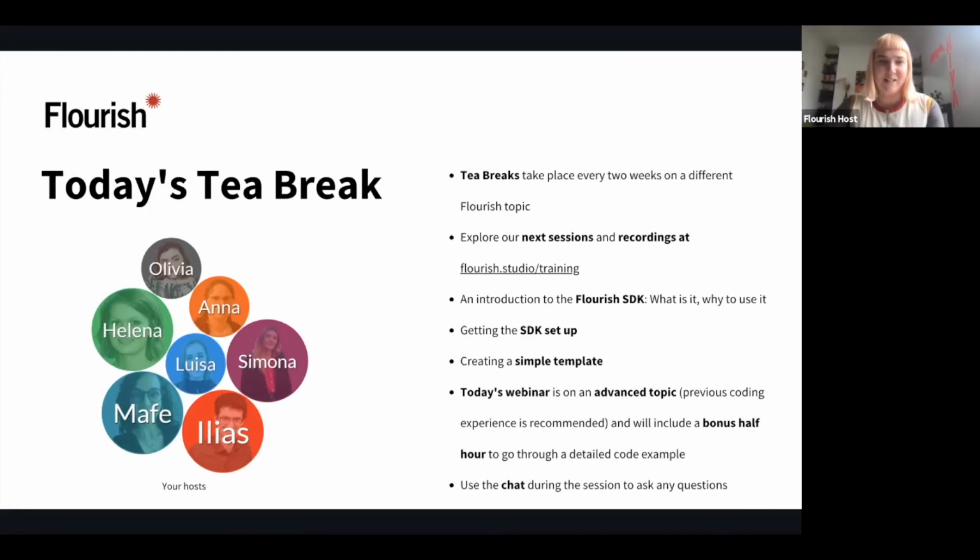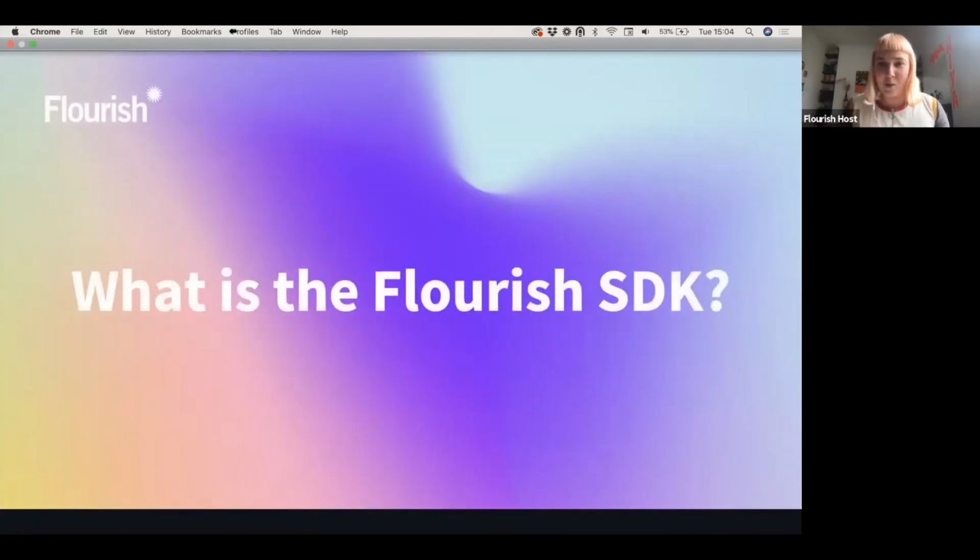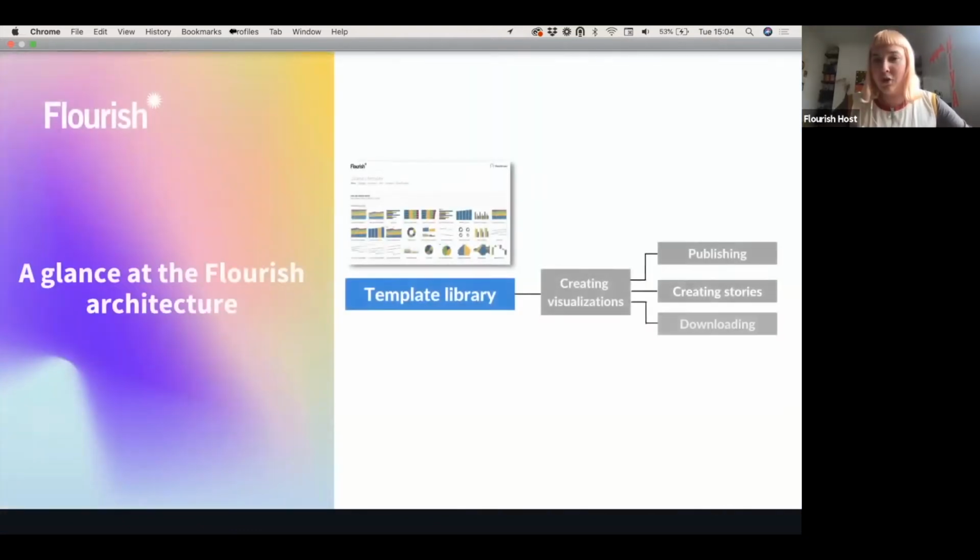So let's get started. I'd like to start with a question, which is, what is the Flourish SDK? But to start answering that question, we have to take a step back and look at the Flourish architecture more generally. So the Flourish architecture, the way that we all know it and use it, works like this: